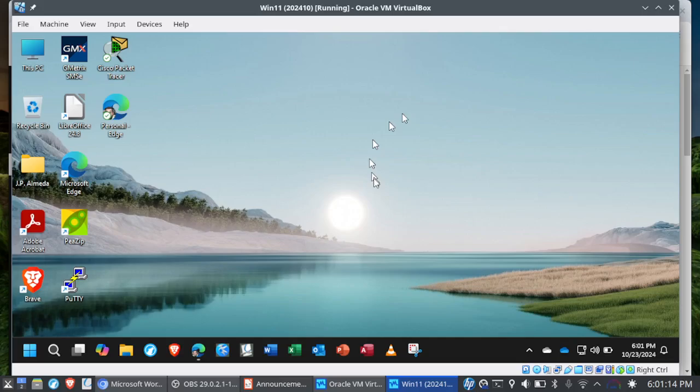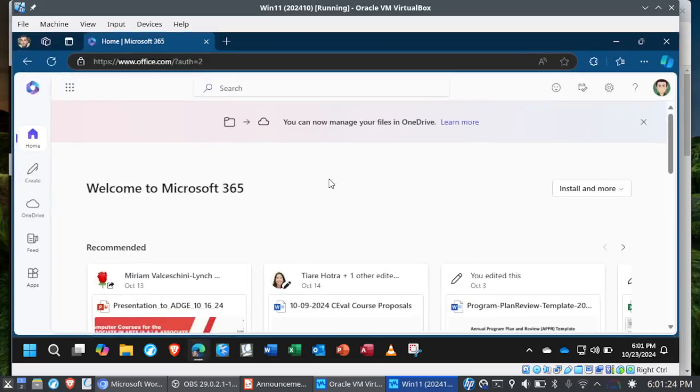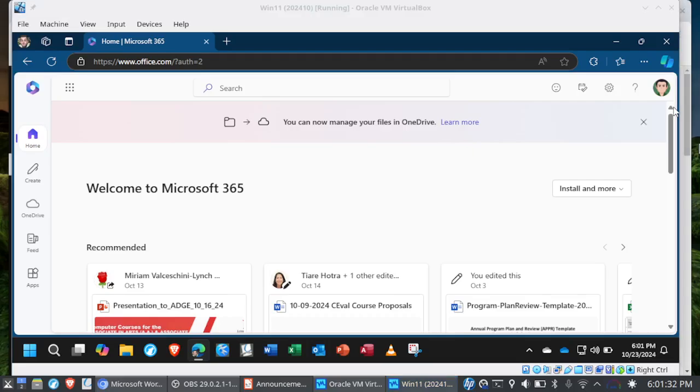Okay, so you can see that I have Windows 11 running here. You can see that I have Microsoft 365 installed. If you take a look at your syllabus, there are instructions on how to get into Microsoft 365. You're basically logging in with your LBCC account, and it's your student ID number at lbcc.edu. It's going to read like an email address. So if your student ID is, let's say, 01234556, it's going to be 01234556 at lbcc.edu.